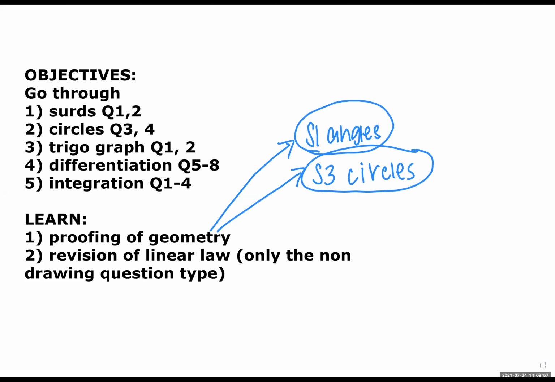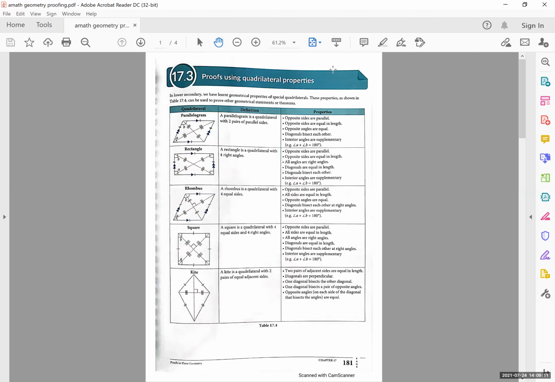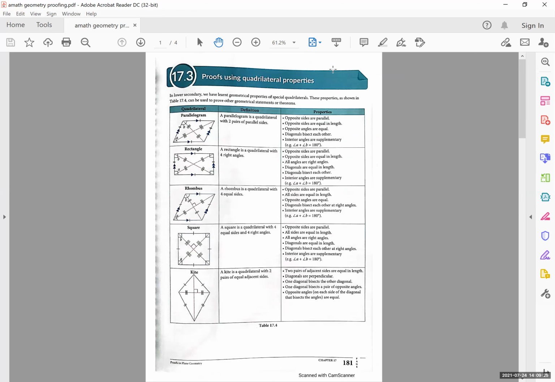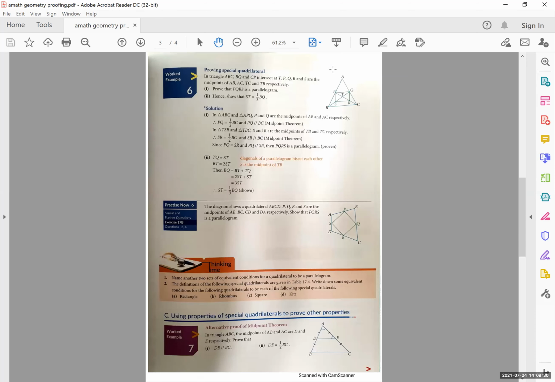Now, when you do proving of geometry, there are 2 new concepts that I want to teach you guys. So what are the 2 new concepts? Later we'll go more in depth. I hope you have printed all these out already. Have you all printed it out, guys? Yes. I can only hear Shruti and Qiyuan. YC? Yes. Okay, very good. So all of you have printed it out. These are the notes that you will fill in and put in your AMATH file.